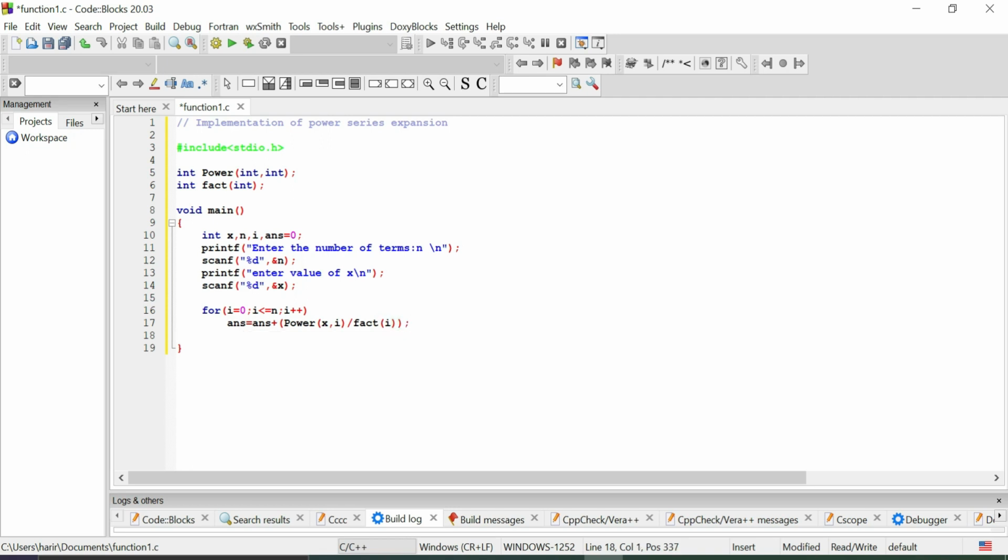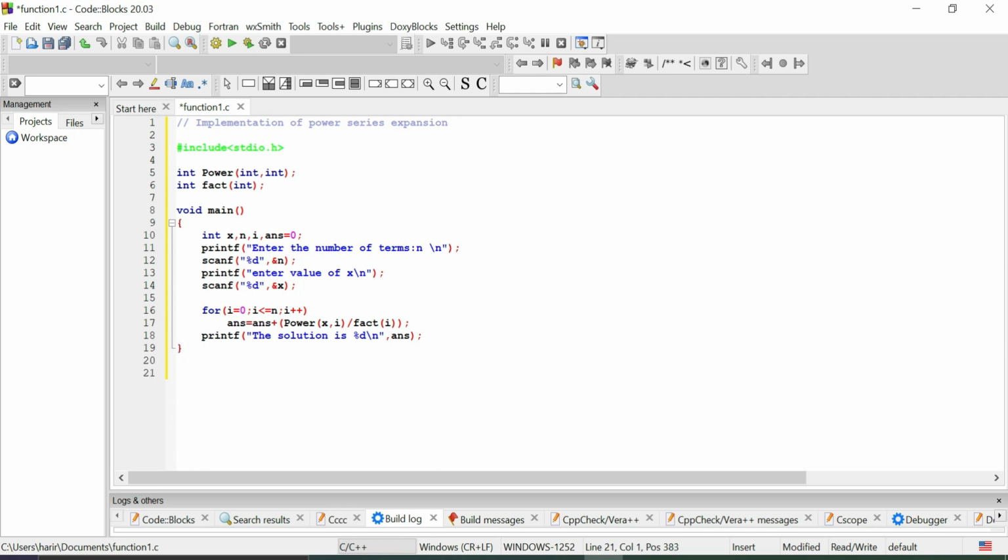Once you come out of the loop, you have the answer for the given series. We'll just print it: the solution is %d, answer. So that's our main function.